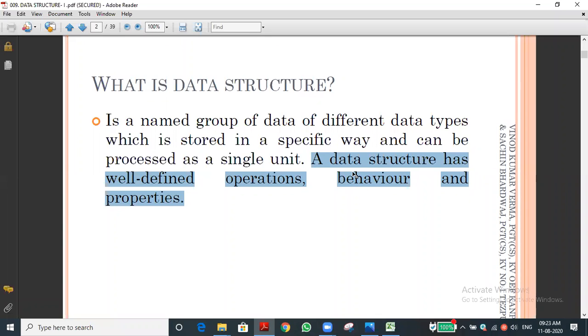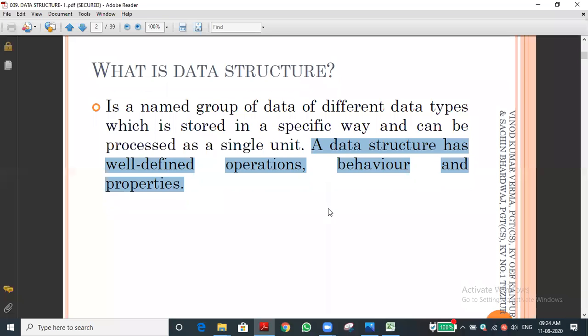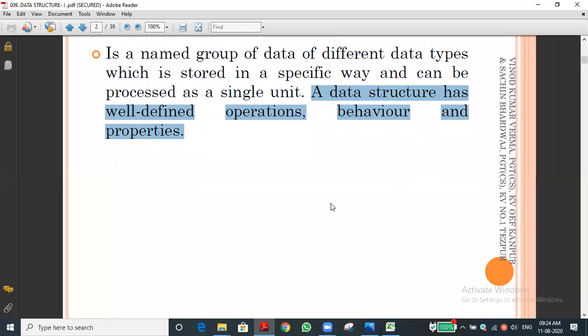We are going to discuss this in this unit. Now we are going to enter into the basic concepts, and afterwards we will enter into the core concepts. Before that, you should know a little more about data structure. Let us go to the next slide. You can see this.